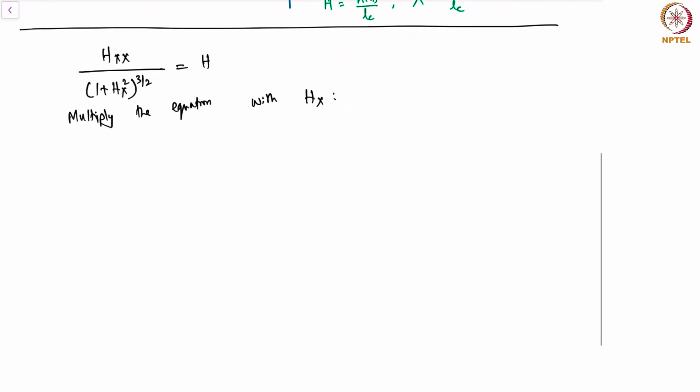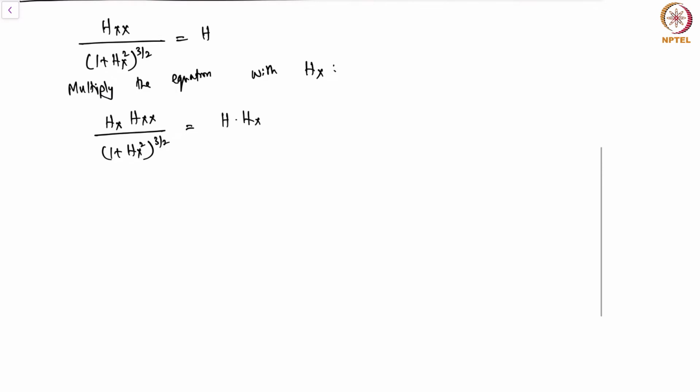If we do this, then we have hx times hxx by 1 plus hx square whole power 3 by 2 is H times hx. And the reason we do this is because